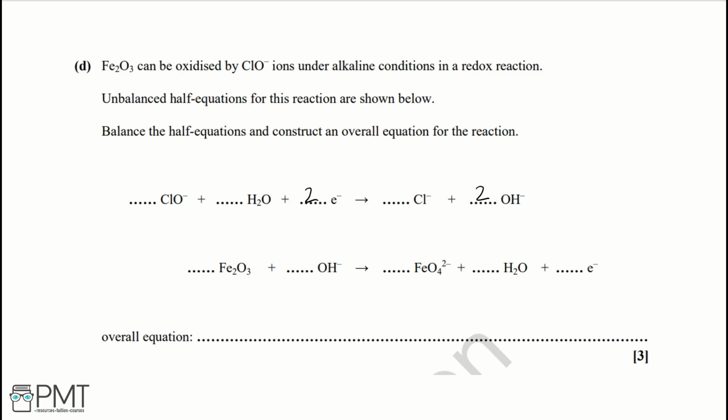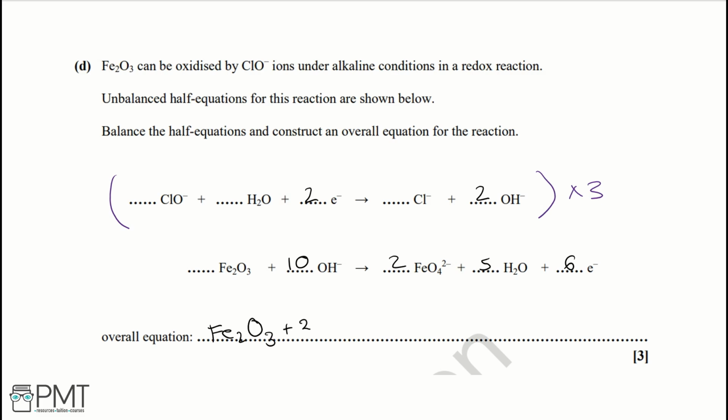For our second half equation, we need 2 FeO4- because we have 2 Fe's on the left and we don't have that on the right, but now we do. Then we need to balance the oxygens. We're going to have 10 OH- ions, and that's going to produce 5 waters. Finally, balancing the charges, we need 6 electrons. When writing our overall equation, we need to multiply our first half equation by 3. Then that's going to make our overall equation